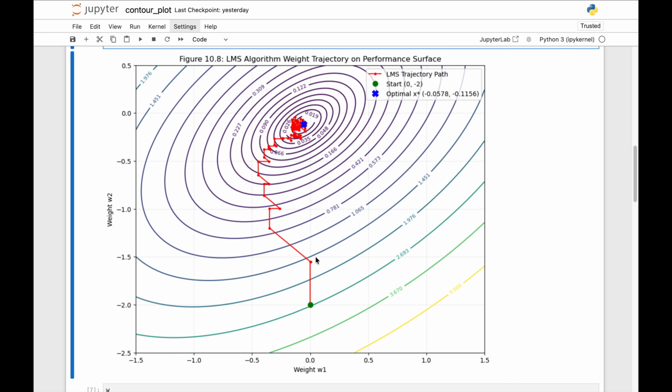If you move across the lines, it means either you are going up or down. Given that the minima is down here, when we travel towards it, we are actually going down. So we are stepping down, and we are going in a zigzag way, and eventually we reach the bottom of